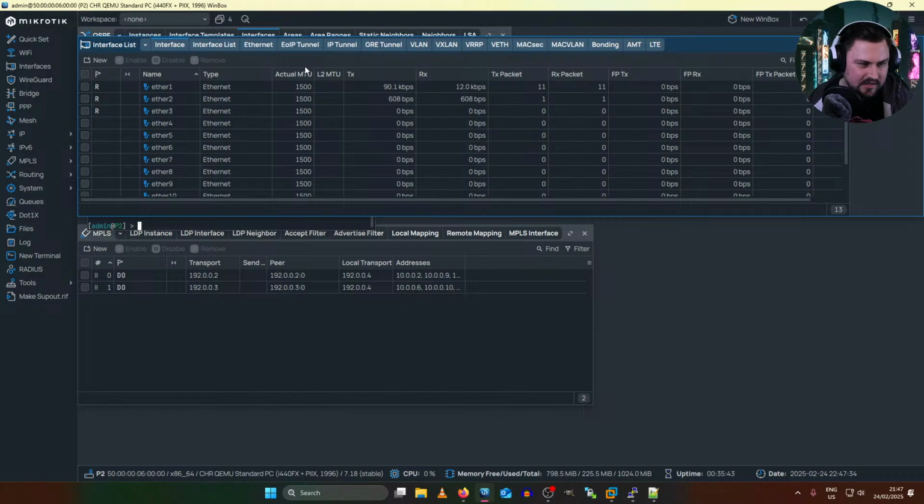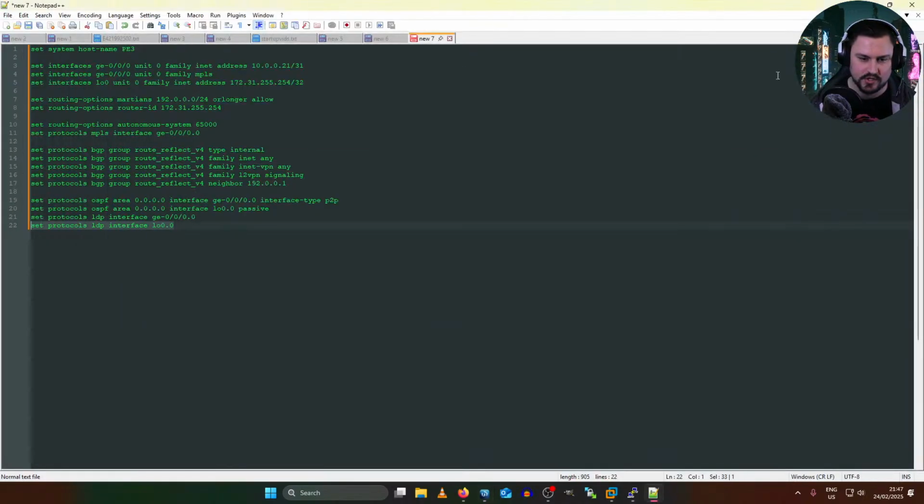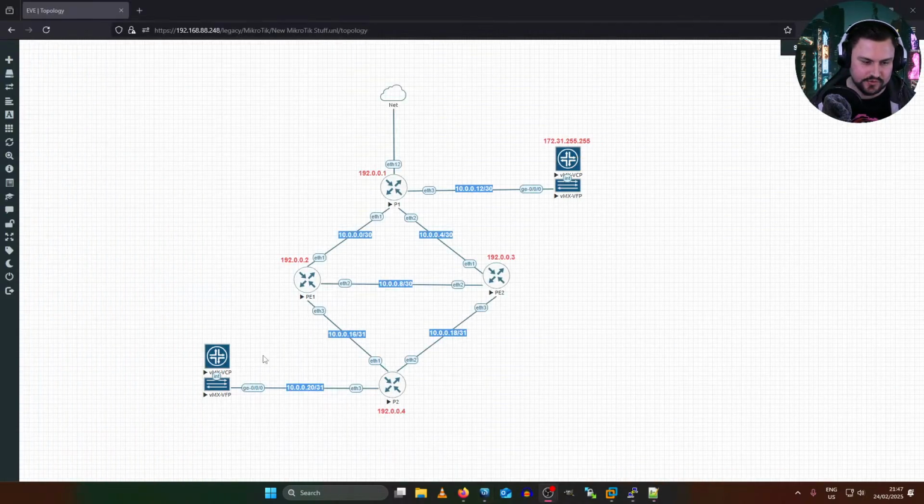Juniper has a similar thing called layer 2 circuits, but I think it's a little more advanced than what an IP tunnel does. You can basically stretch layer 2 connectivity between two provider edges. It's a pseudowire, but you can stretch that layer 2 from one side to another.